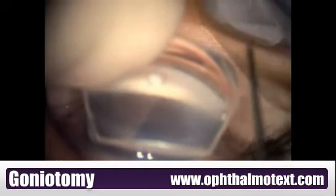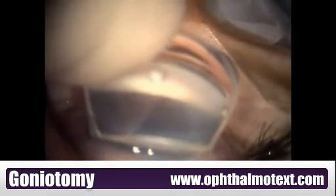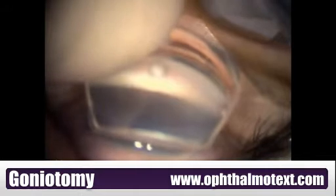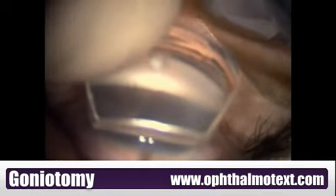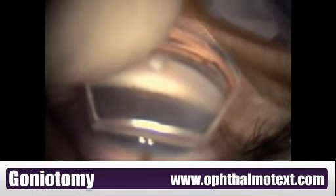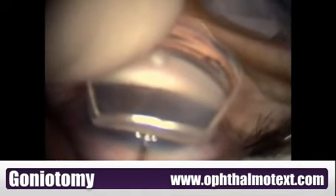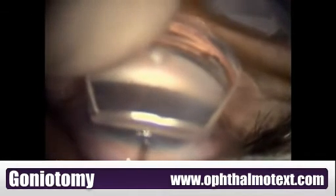The surgeon's left hand is holding the Barkan lens, which has already been placed on the cornea. In the surgeon's right hand is a non-tapered Swan goniotomy knife, which is being entered into the anterior chamber through the peripheral cornea. At this point in the surgery, the right-handed surgeon's right hand is actually tilted back towards the